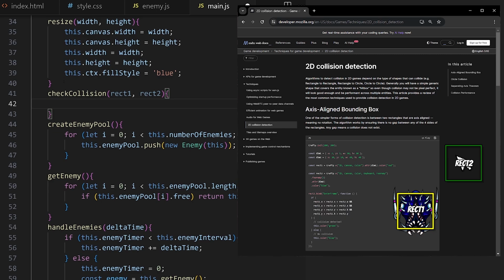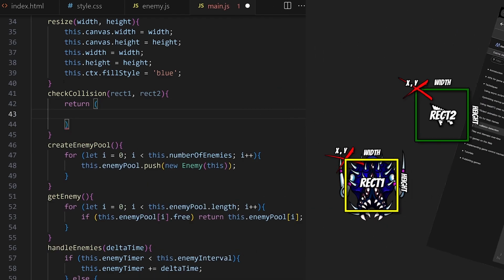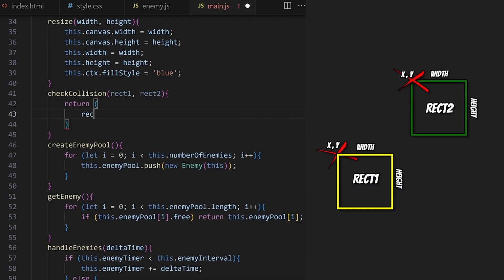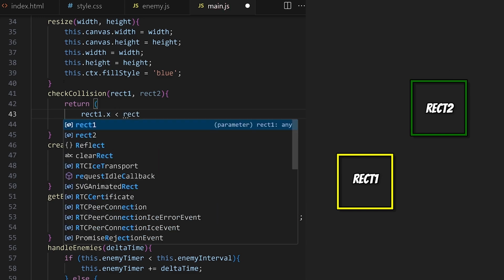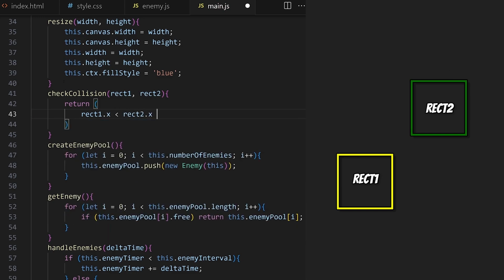Both objects passed to this method, both rectangles, need to have X and Y position and width and height properties for this to work. I will directly evaluate the expression and I will just simply return true or false whenever this method is called. The usual common formula for collision detection between two axis-aligned, meaning non-rotated, rectangles, checks if